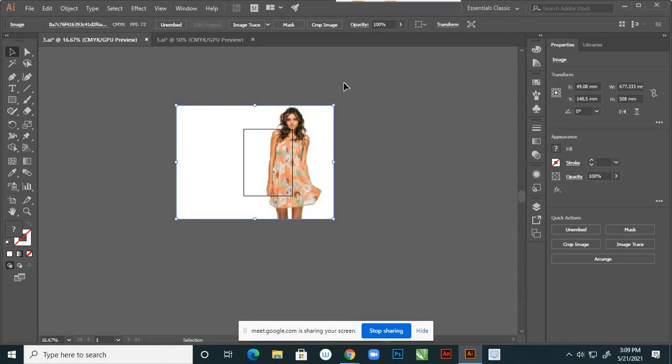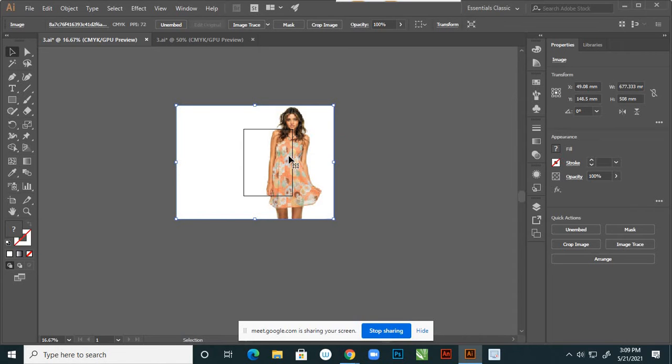If you use linked files, Illustrator will function smoothly because the images are not directly imported. So we use linked files.